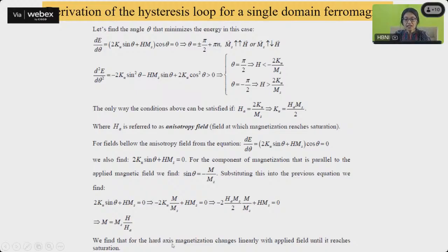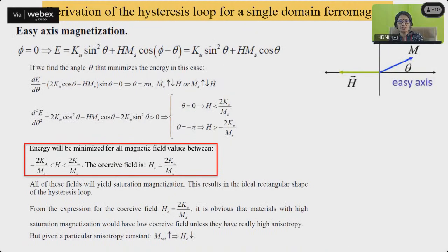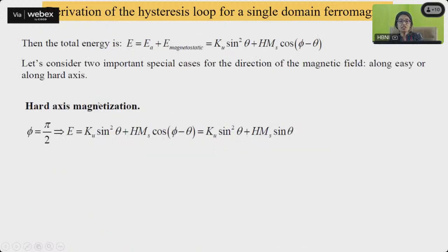But you can find that for the hard axis magnetization, for any hard axis, the magnetization changes linearly with the applied field until it reaches the saturation. So along the hard axis, magnetization is going to change linearly with the applied field until it reaches the saturation point. Okay. But when you look into the easy axis magnetization,